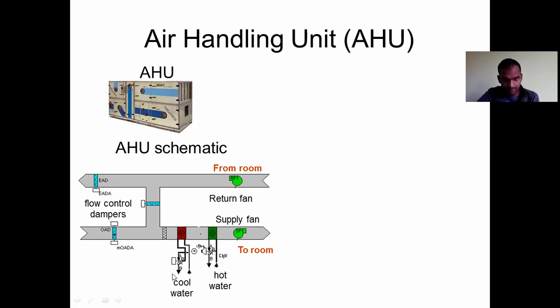Through here, a refrigerant in will be there and refrigerant out. It can be cold water or usual refrigerant also, you can do it. Here you can give hot water or steam or whatever it might be. So this is just the schematic of AHU, in the sense of how the air is being supplied, or how the air is being circulated through the AHU. It's been shown here.